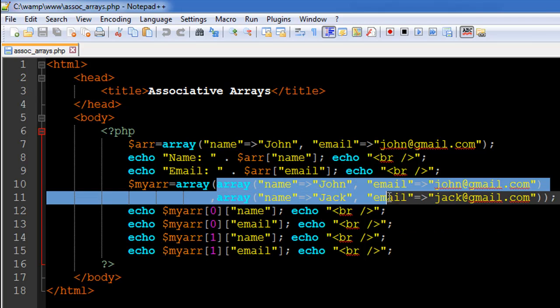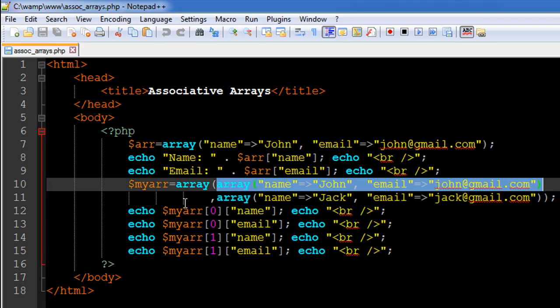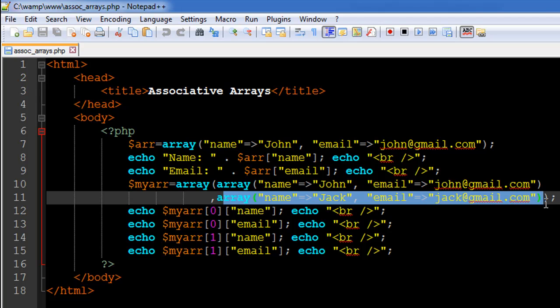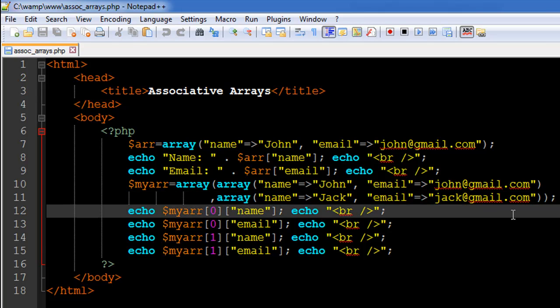So this happens to be the first item in the array myarr, so that's why its index position is 0, and this one happens to be the second item, so its index position is 1, and so on and so forth. You can have as many as you want. You could even have 1,000 such arrays within one array, and you could access each of those using different index numbers. So the way we did for normal arrays in the last tutorial, we're going to have to